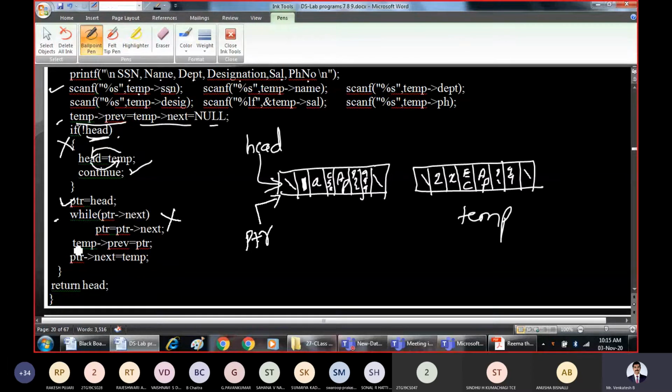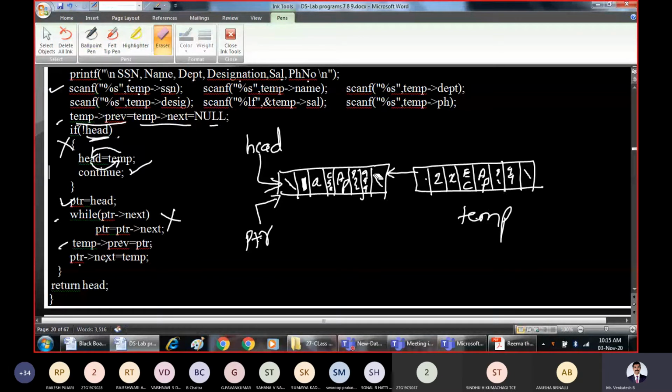So what do we do? temp pointer previous equal to ptr. Take temp pointer previous and make it point to ptr, because ptr is pointing to this node. Next statement, ptr pointer next equal to temp. So make ptr pointer next point to this one.